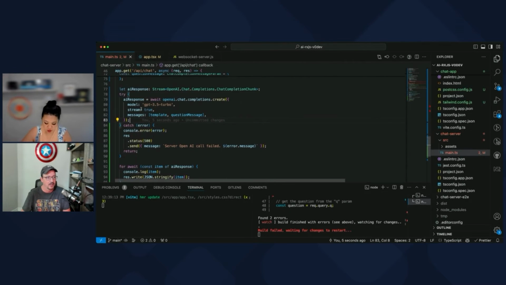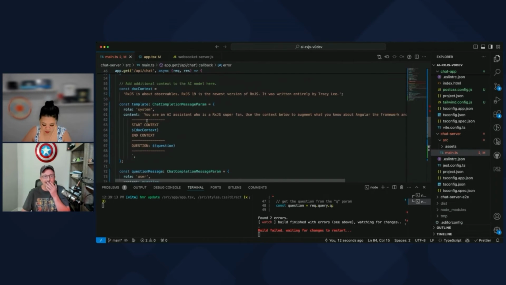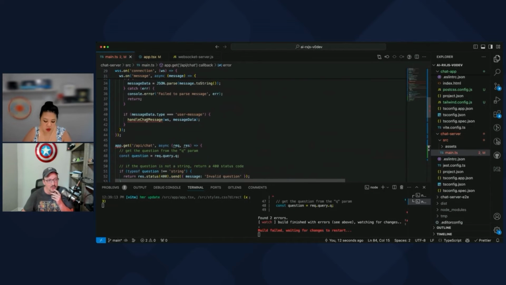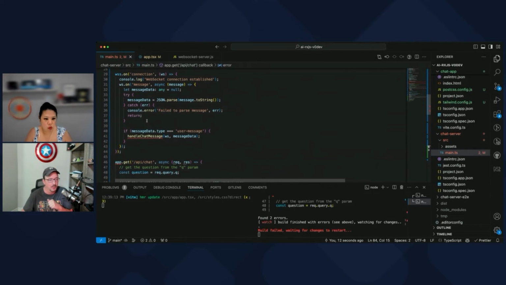Wait, but you glossed over why you're using async await. Why are you using it? I'm using async await just to keep the code clean in this part, because our server has to respond with something, and we're not going to cancel it. So cancellation isn't a thing. I don't need to merge streams yet.